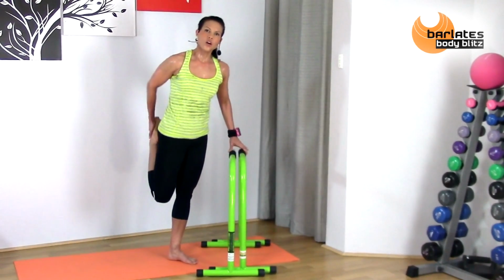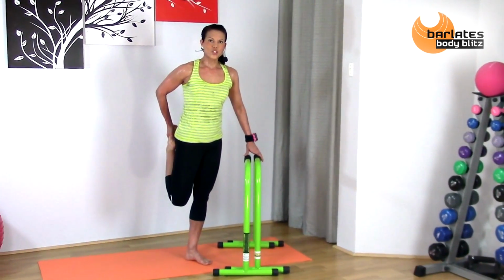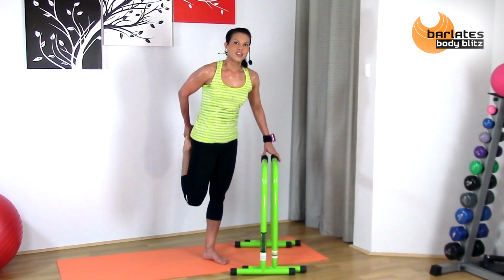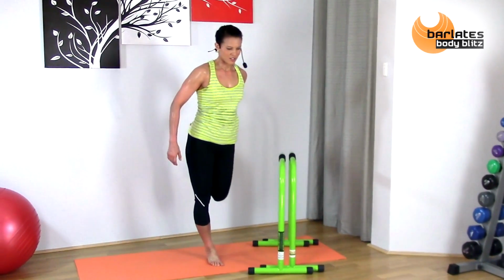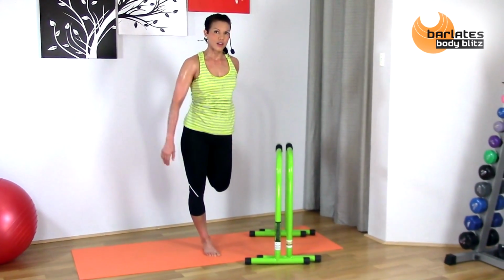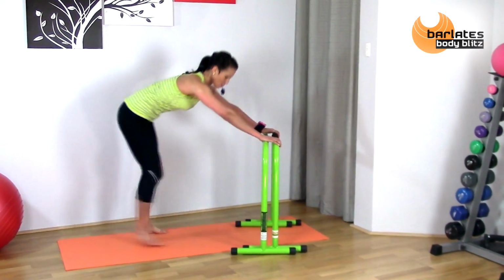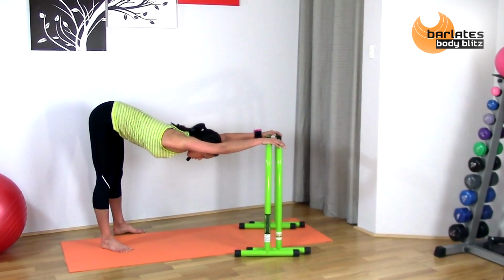Just using that to hold on and bring your heel to your glutes. Standing up nice and straight. Deep breaths. And the other side. All the way back. By pushing your foot into your hand, you'll intensify the stretch in the front of your thigh. All the way. And then standing away and just allowing your head to drop between your shoulders, stretching out your arms,